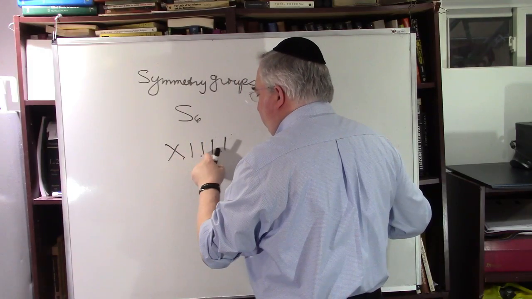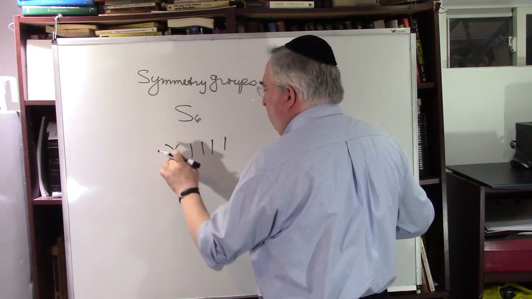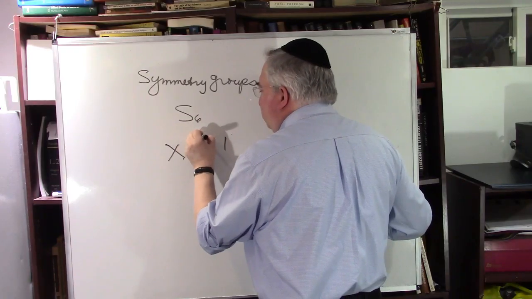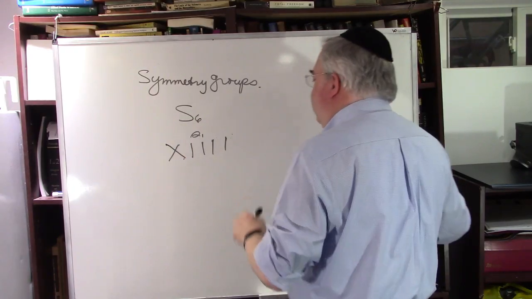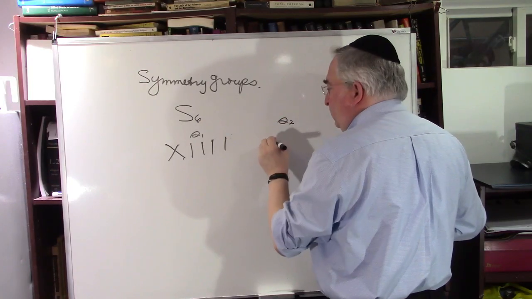1, 2, 3, 4, 5, 6. Okay, not too good with matching up. 1, 2, 3, 4, 5, 6. Okay, so we're going to call this little s1. That's an element in there. There's another element to the group called S2, which is